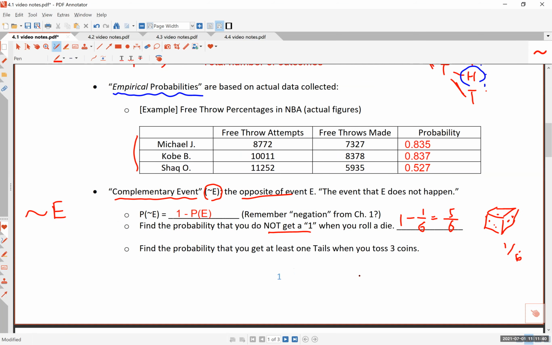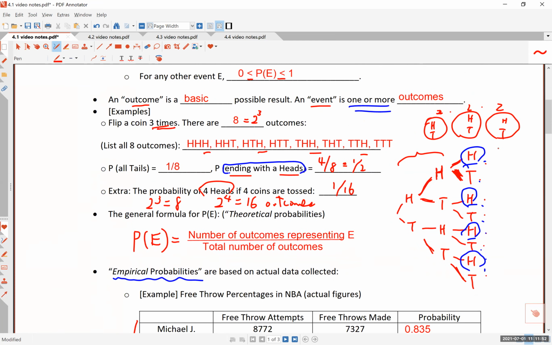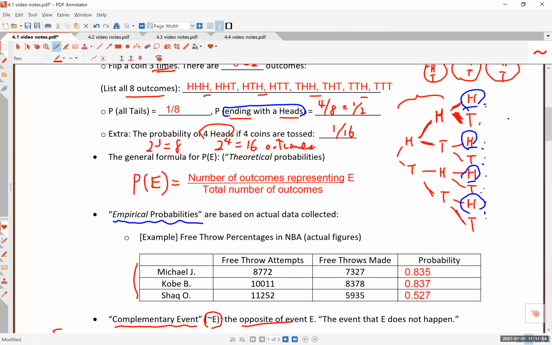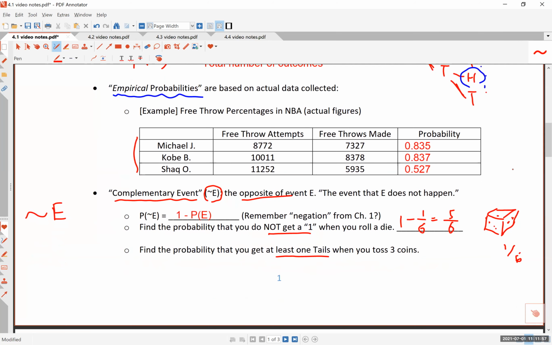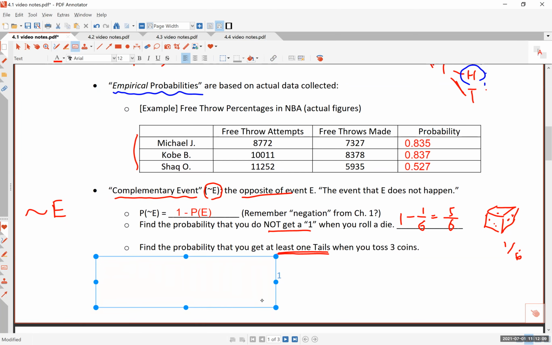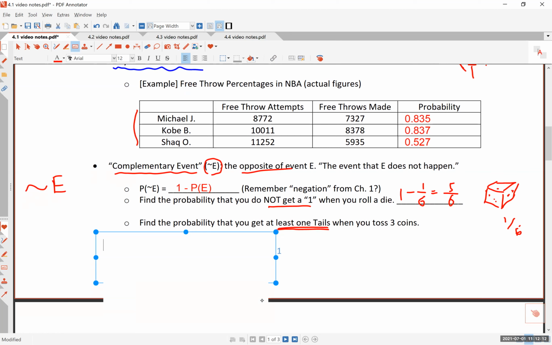Find the probability that you get at least 1 tails when you toss 3 coins. Now, this may be a little harder problem for you. One way to consider this is to look at all the 8 possibilities here, and then think of how many of these outcomes represent the event that you get at least 1 tail. But think about this, okay? Let me go ahead and write this down in English using words, right? At least 1 tail